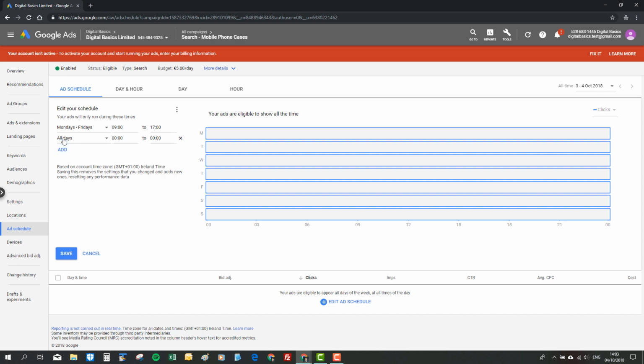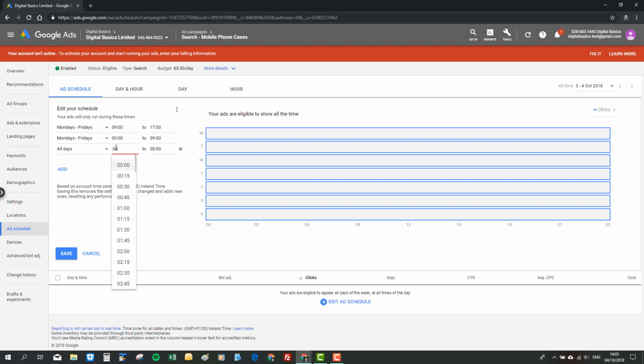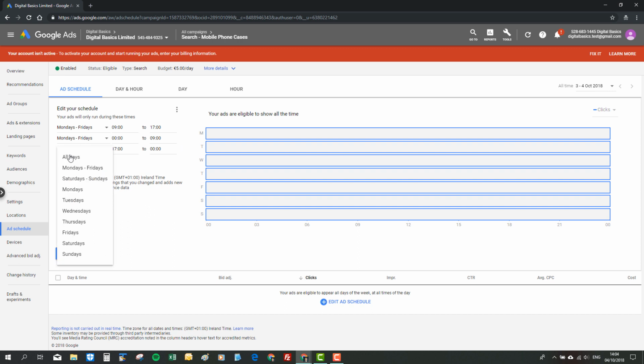And then we might have another one for before we're open, so from midnight until 9, and then from 5 to midnight. It does cover us for the entire day, but what we're going to do is set some bid adjustments here, and we're not going to run at the weekends, as you can see. So we'll save that,